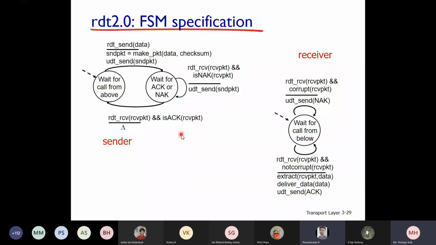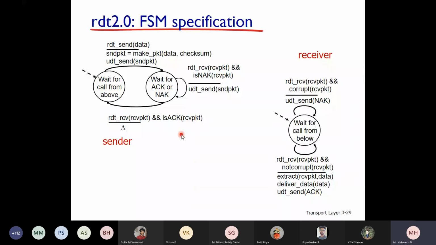Hope this is clear to you, students. Sir, how will the system know if it has to use RDT 1 or RDT 0? See, none of these are in use now. This is for you to understand how TCP will work.